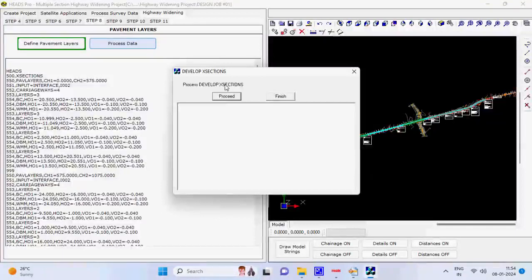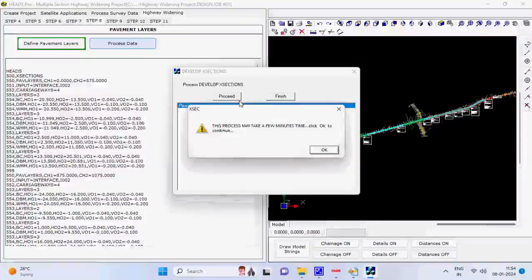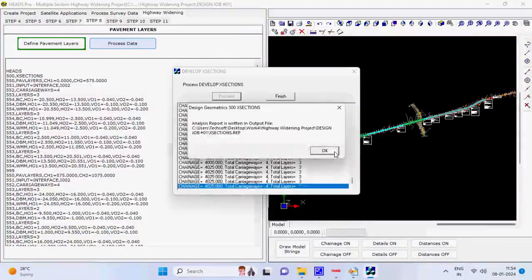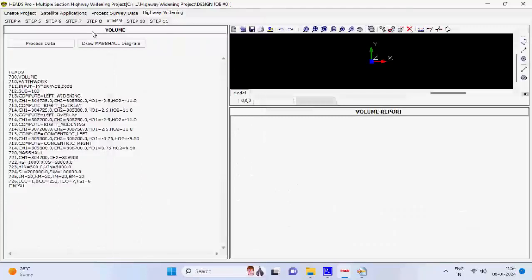Step 133, the process dialog box comes, click on button Proceed. Step 134, the message comes as shown, click on OK. Step 135, as the process is over, the message comes, click on buttons OK and Finish. Step 136, the tab page Step 9 is opened for volume to compute the quantities for earthwork and pavement layers,